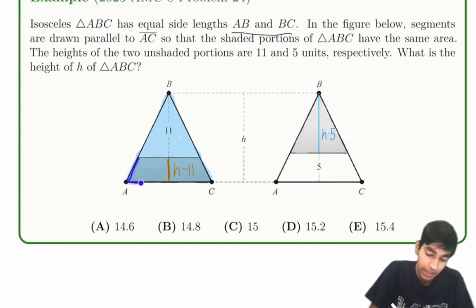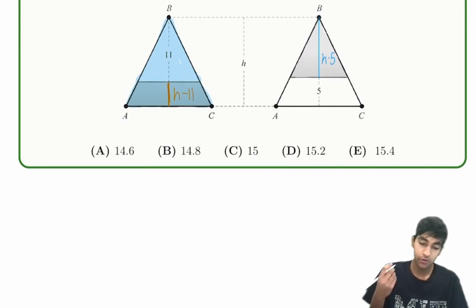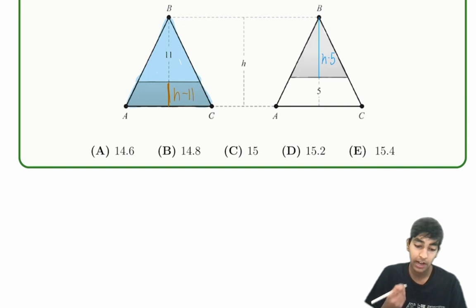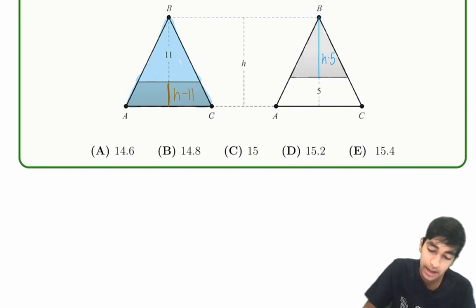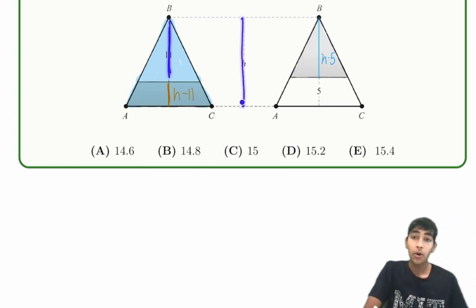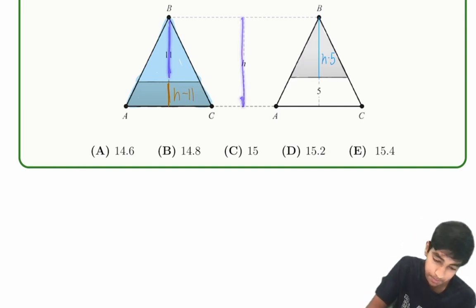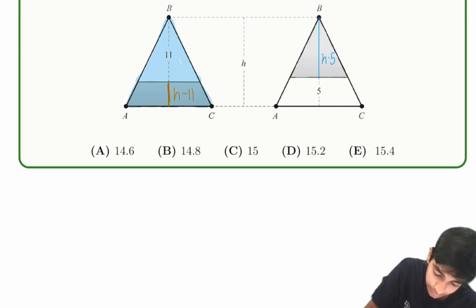So what is the ratio of the area of this region to the entire triangle? Well, to do this, we use similar triangles. What is the scale factor of similarity? Well, notice that this is 11 and this is H. And remember that similar triangles not only preserve the same side length ratios, but everything on the inside as well, including height. So let's say the ratio of the red triangle to the blue triangle